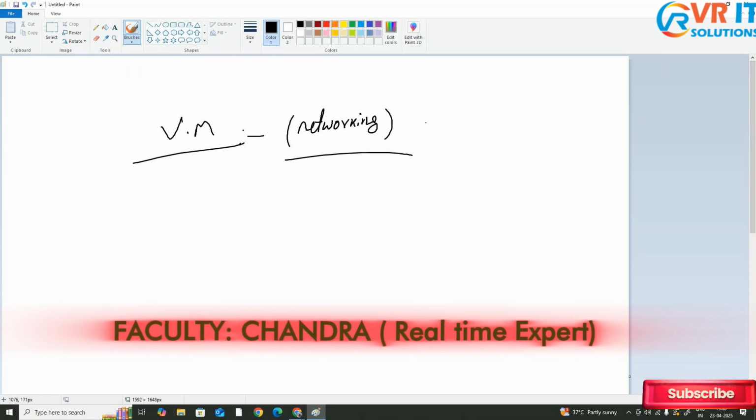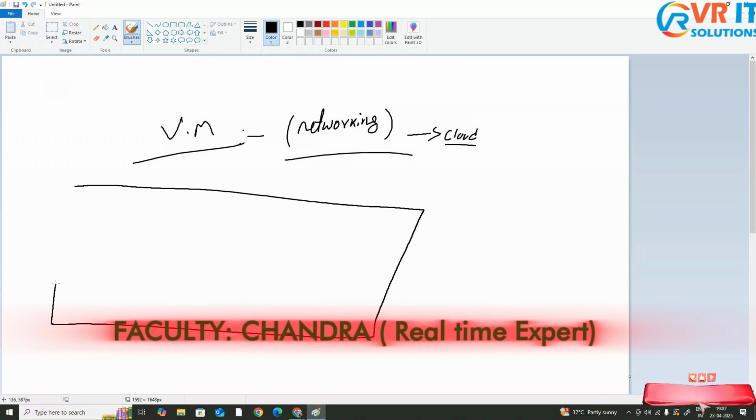But here, whenever you are working on a cloud, we are about to create some networking, and inside that particular network, we are going to launch a virtual machine. Okay, let me give you an outline of what we are trying to do today. So assume this is Azure. So inside of this particular Azure